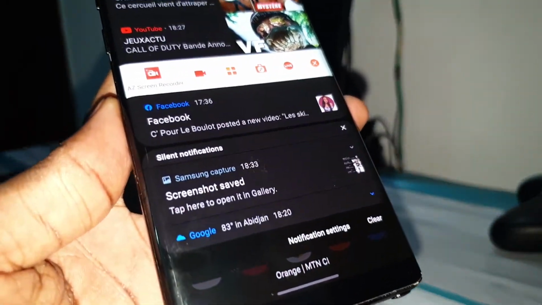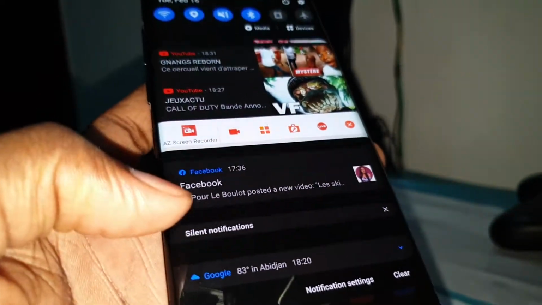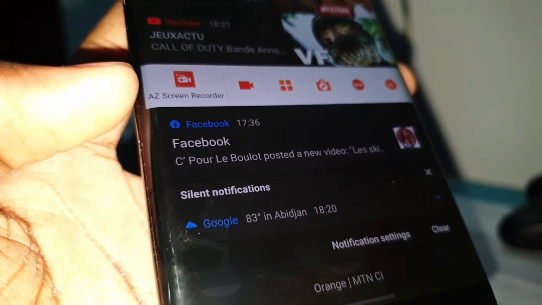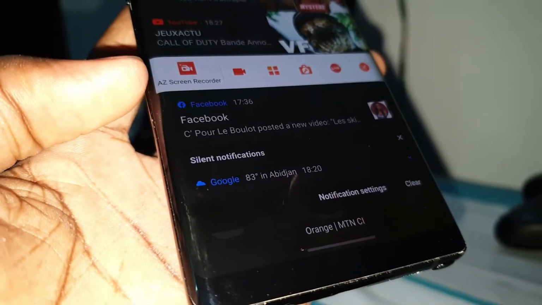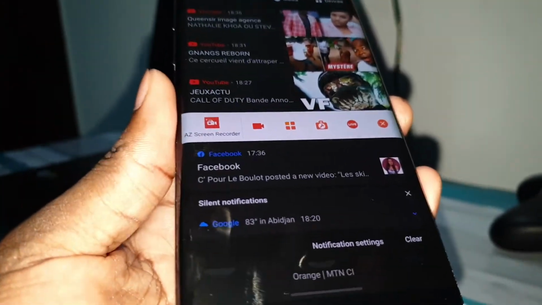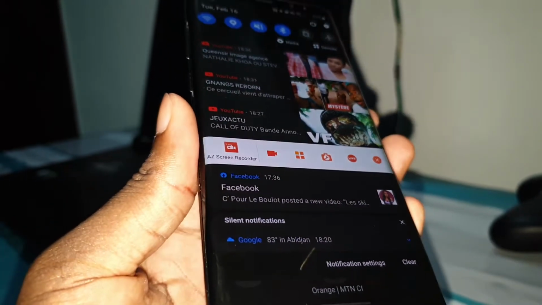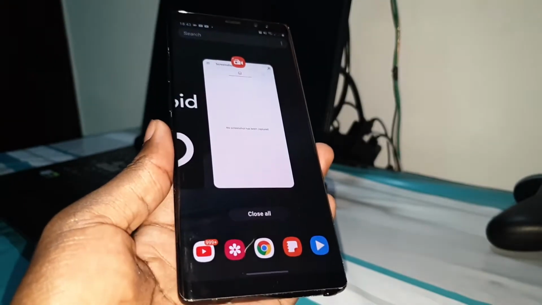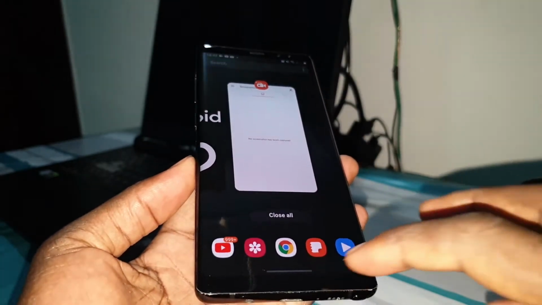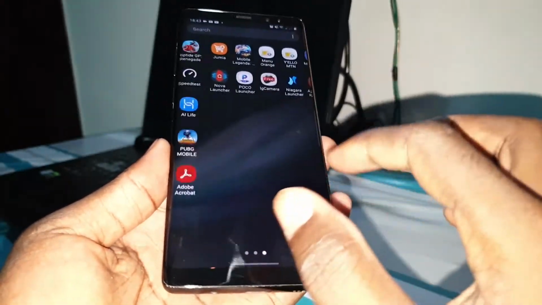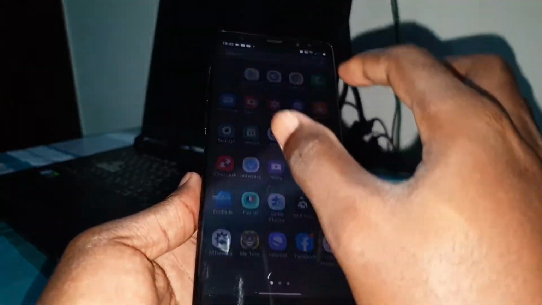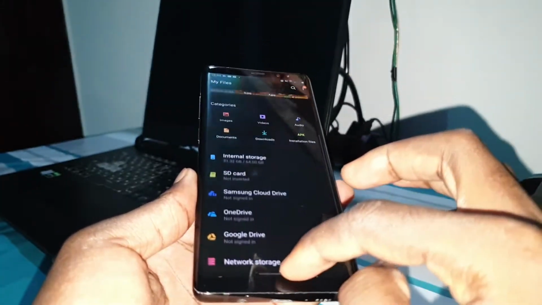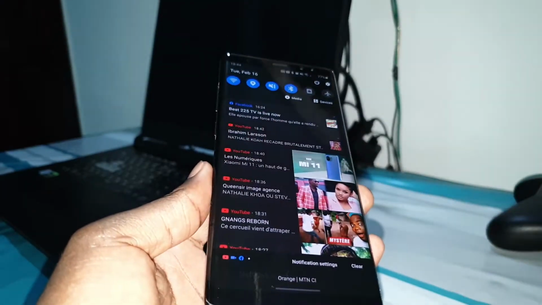Now look at what you have here. I have something special here. I have the screen recorder here. And what can you do? This is simple. If you want to record your screen, you can click here. Now you are ready. You start recording your screen. Look, you can do what you want. Okay, the recording started. Look at the recorder now.